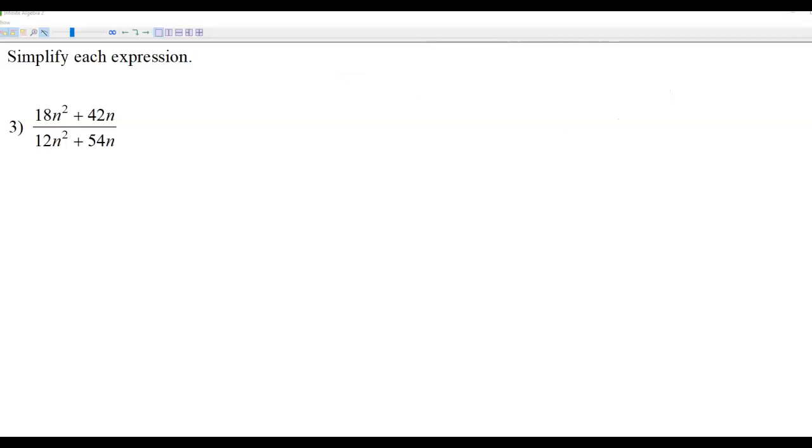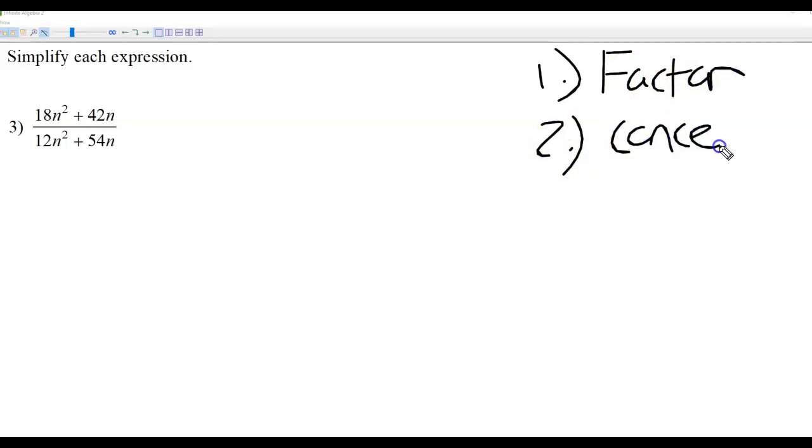So when you're dealing with binomials, trinomials, or whatnot with these fraction things, you've got to start by factoring. So to reduce these, the first thing that we're going to do is factor. After we've factored, we can go ahead and cancel out the factors that are the same on the top and bottom. So looking at the top,